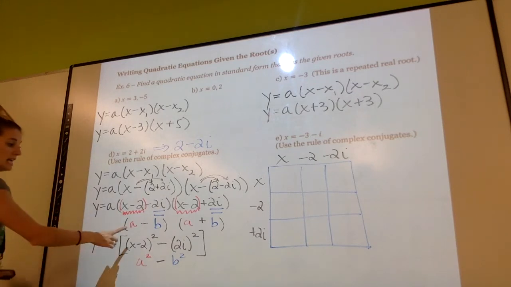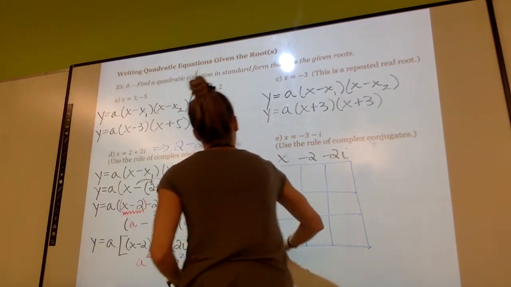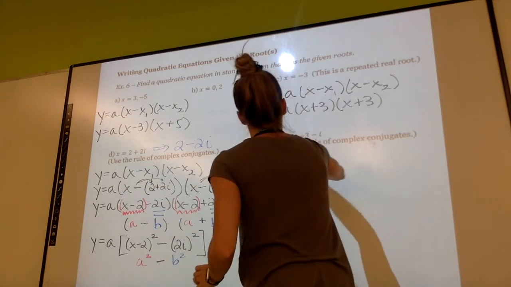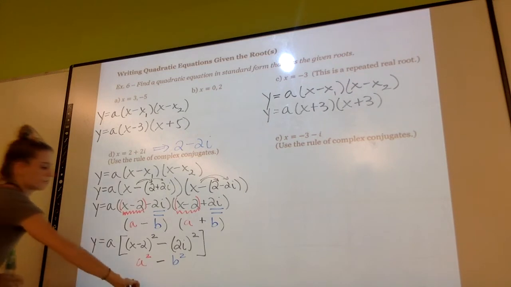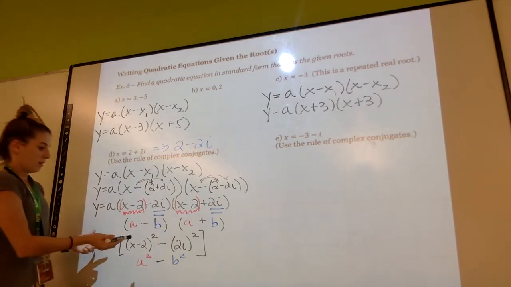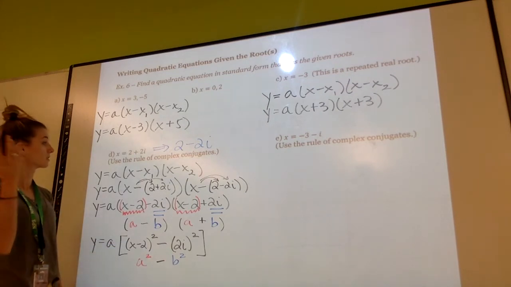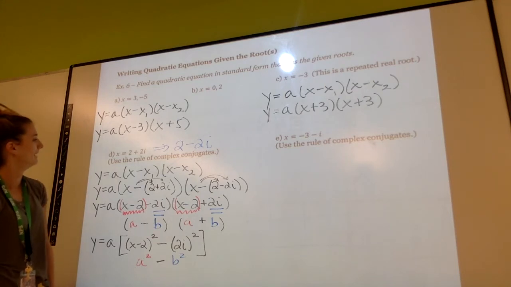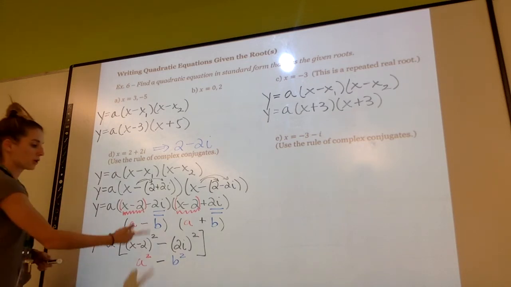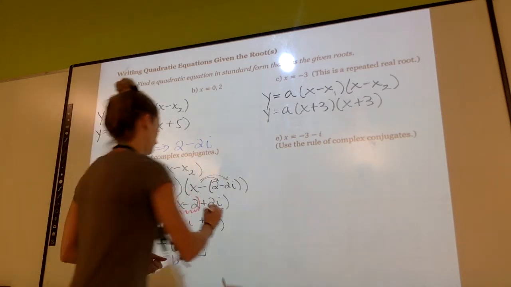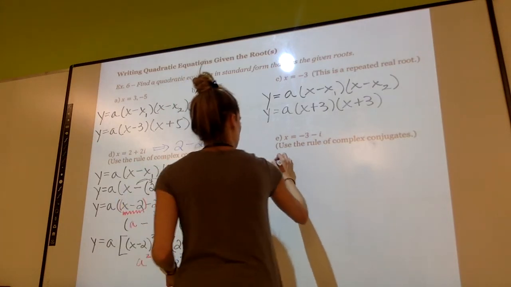So, in order to... what are we doing? Oh my god, I just completely lost my train of thought. We're finding the quadratic equation in standard form with the given roots. Cool. Okay. So in order to multiply this out, taking this up here,